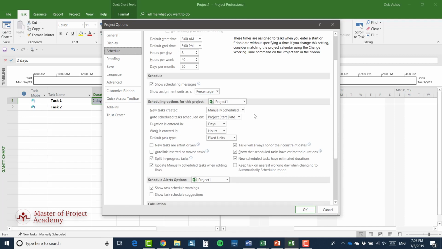Two settings I do want you to set in a particular way, though, are these. First of all, new tasks created: manually scheduled. Now, I've mentioned that before. I've currently got new tasks created as manually scheduled. I want you to set that to the other option, auto scheduled. And it's very likely that for most of you, this will be the way to leave this setting in the longer term. And what this basically means is that when you create a task in a project, it becomes